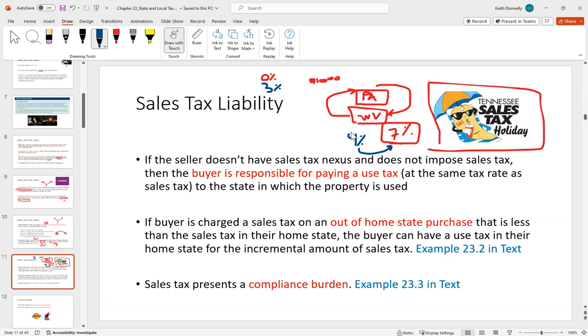What's the upshot of this? States see people doing this, right? And they're like, look, we don't want to miss out on our revenue and encourage you to go to other places to buy stuff. They're not collecting the appropriate West Virginia sales tax on it because they don't have nexus with West Virginia. But we want to make sure, if nothing else, we get what we should have, kind of true us up to where we would have been had you bought it here, right? So if we look at